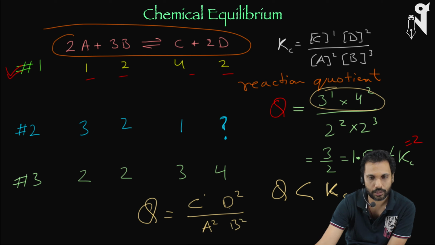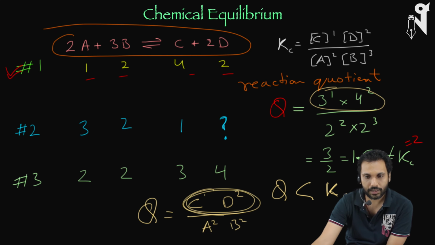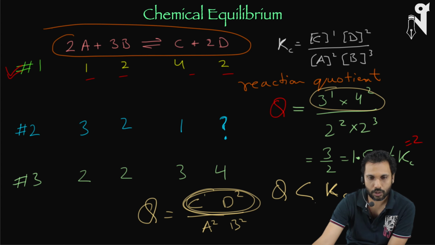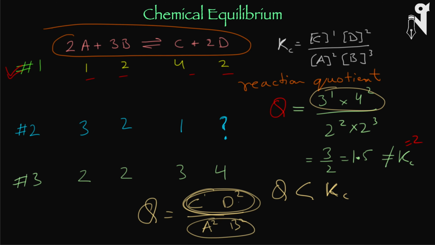So these are the products. If Q is less than K, that means the product is not enough. The denominator is higher, the numerator is lower. That means C is not enough. Meaning to say the reaction has to go still further. It has to go further. So this 2 is going to go down a bit. This 3 has to go up a bit. 4 has to go up a bit in the ratios of their